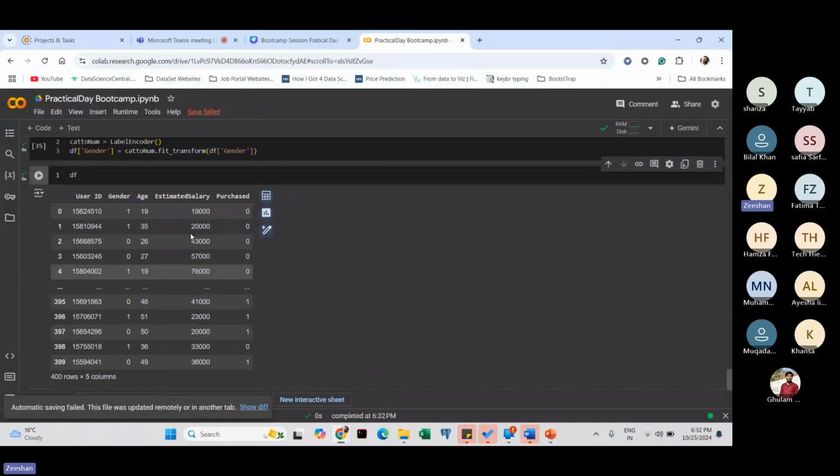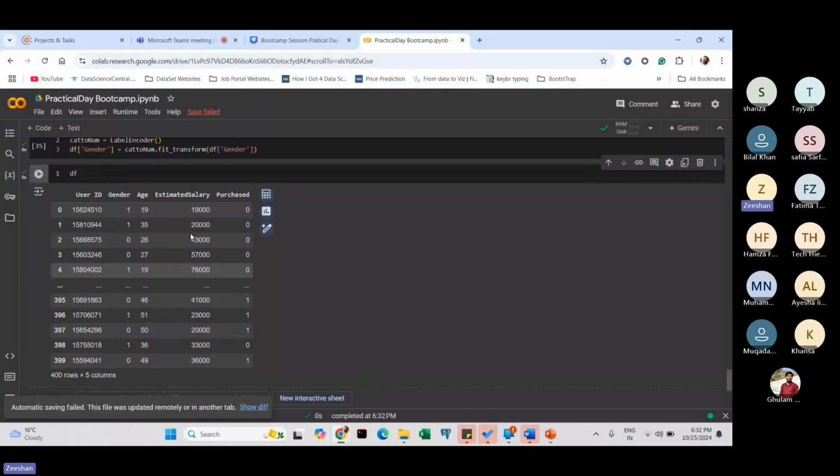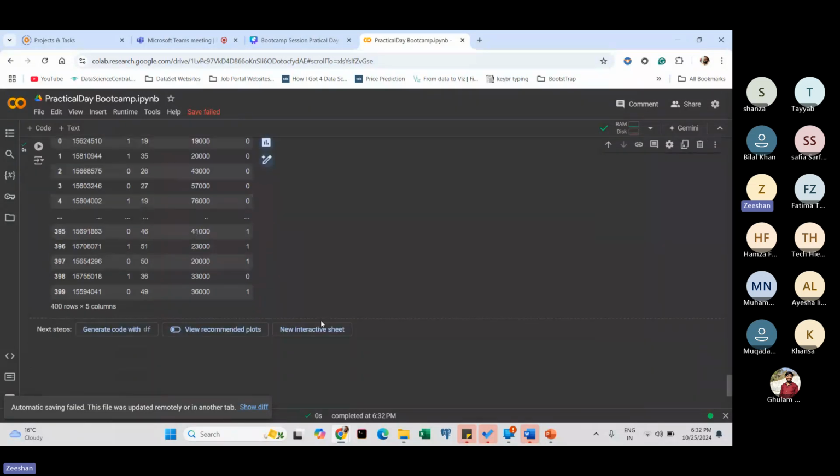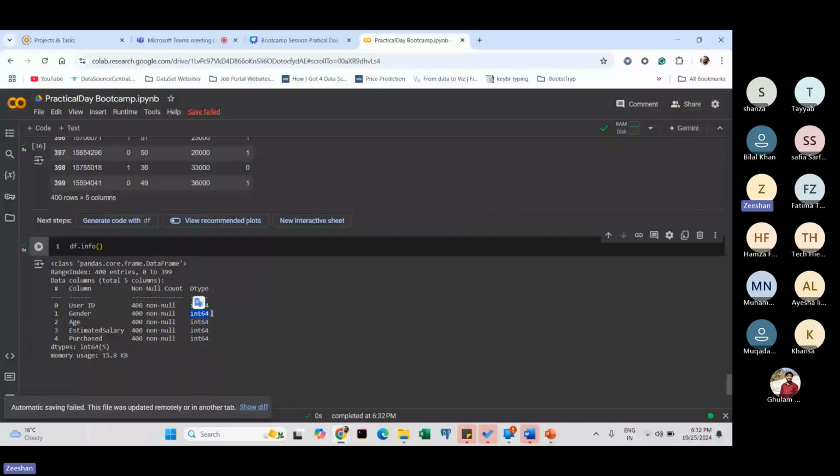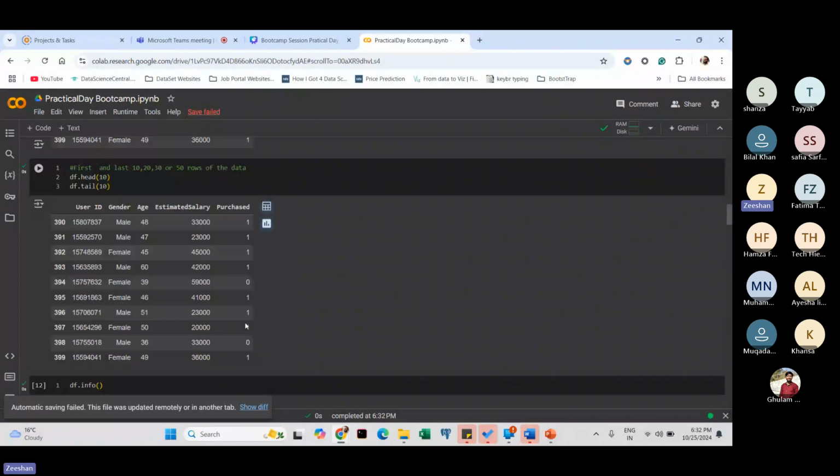तो अब इसके बाद अगर आप कोई भी एनालिसिस करेंगे तो आपको बहुत इजी होगा, क्योंकि नाउ यू आर हैविंग एवरीथिंग इन न्यूमेरिकल। मैं आपको इसको डेटा टाइप पे दिखाता हूँ। तो अगर हम इसको इन्फो लिखेंगे तो आप देख सकते हैं कि यहाँ पर भी ये int 64 में हो चुका है, जो कि हमारा ऑब्जेक्ट में था। तो मैं अगर दिखाऊं, ये यहाँ पर है।